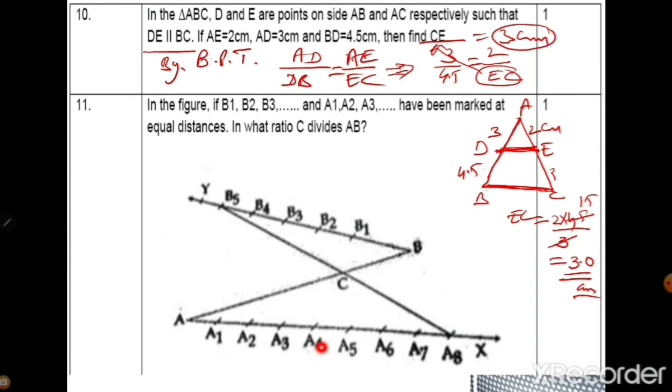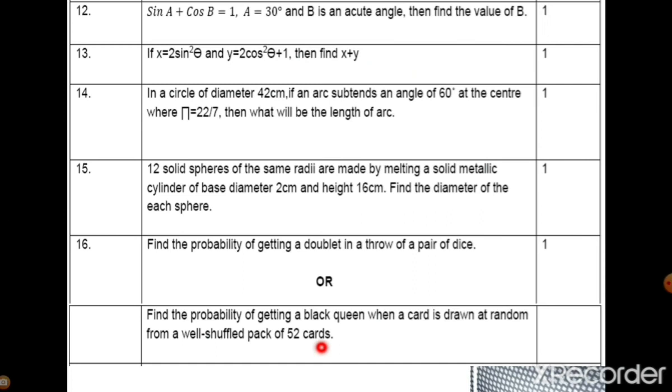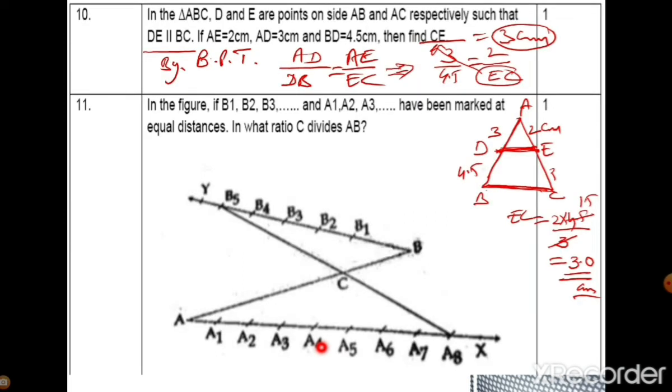Very easy. If you know the theorem, then you can apply that formula by that property. You should know that if one line is parallel to another line and divides the other two sides in the same ratio, then if three sides are given, the fourth side you can find out by that ratio. So this is the BPT theorem. It is very important to remember the statement and results also. Now come to question number 11, some construction.